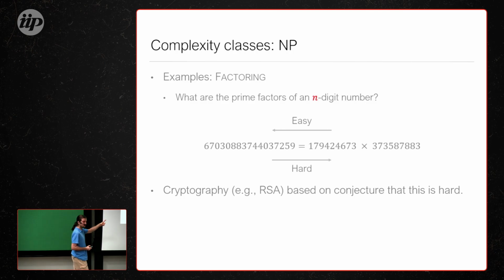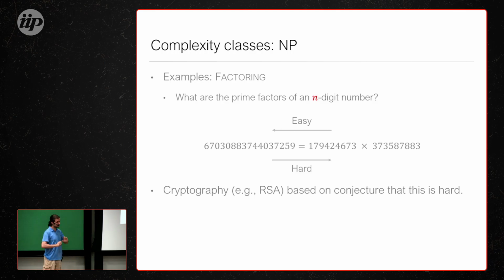It's expected to be hard, so much so that people have been pouring a lot of money and effort into quantum computers, and one of the reasons is because quantum computers can solve this problem, and classical computers are not expected to be able to. So we can't prove that it's hard, but there's a lot of accumulated evidence that points towards the fact that it's really hard. But it's still logically possible that tomorrow someone will come with an algorithm that solves factoring in polynomial time. Okay? And this is going to be a recurring thing.